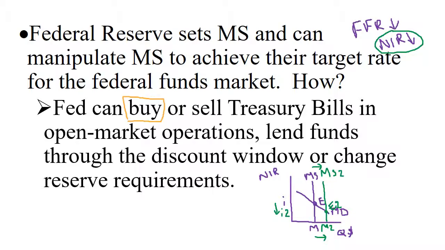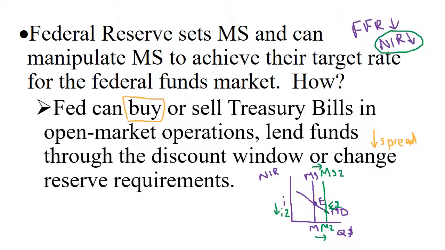If we want to use the discount window, and our goal is to have money supply increase, then we want to have the total amount of loans increase. So we would reduce the spread. Remember, spread is the difference between the discount window and the federal funds rate. If the spread is decreased, then that means that the worst case scenario, the most expensive thing that you have to pay if you're short on funds just went down. Banks will loan out more money.